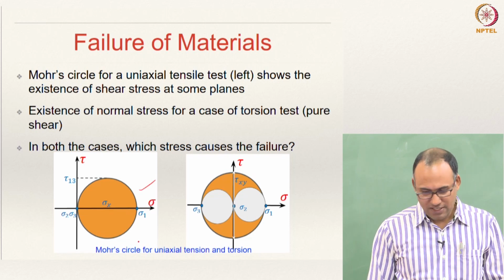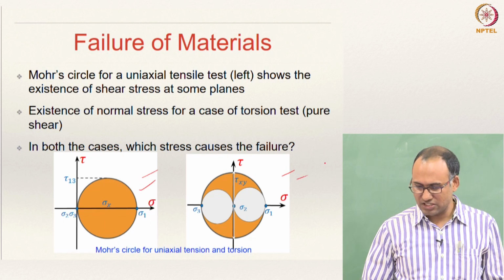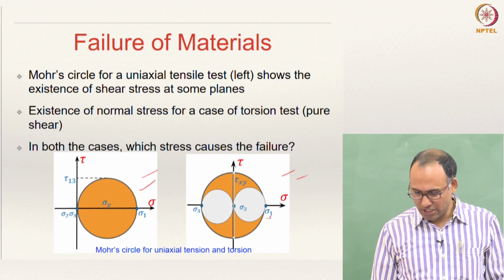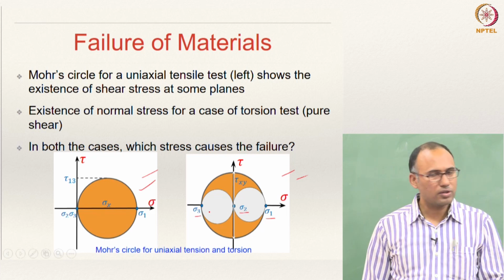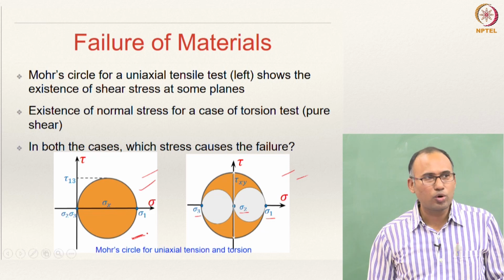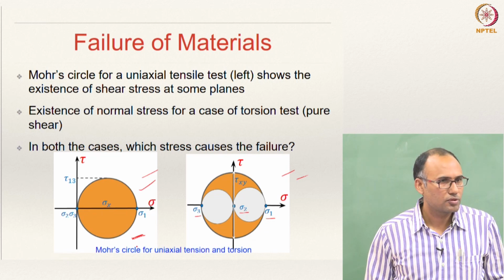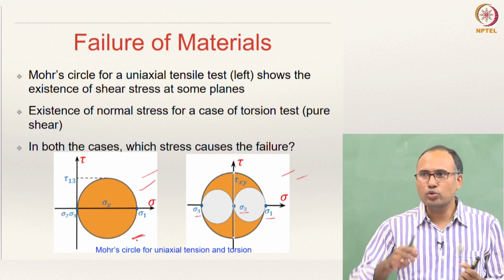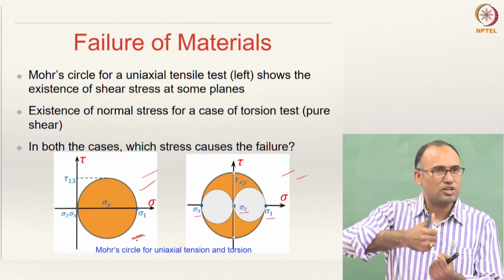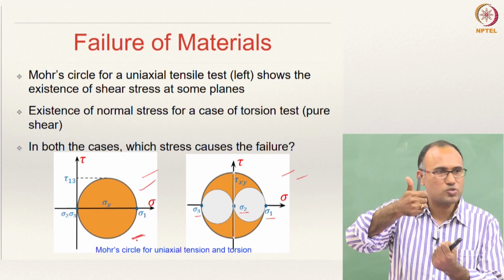So, plane stress case, and here you can say it's a 2D state, and this you can actually say 3D, wherein you have 3 principal stresses sigma 1, sigma 2 and sigma 3. Okay. So, here on the left hand side this is the Mohr circle for uniaxial tension test, right. When you are doing uniaxial tension test, the state is uniaxial, that means there is only one normal stress, right.